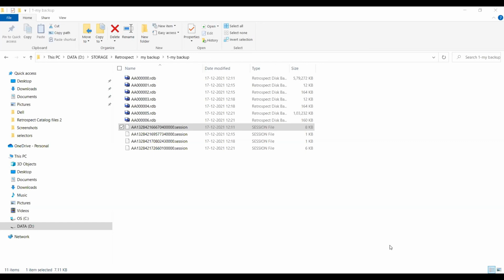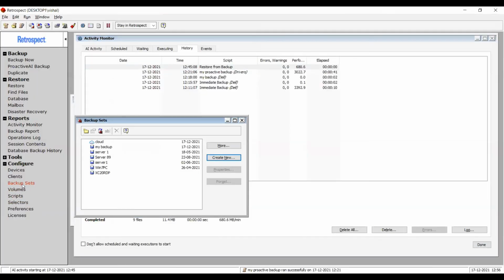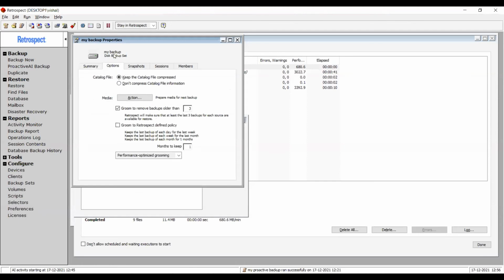Backup recovery system data, 3 years. I don't quite understand, but I think you're talking about retention period. So let me see if I'm still inside console. Okay, let me go back to console. And you can set the retention period to 3 years, if you want.